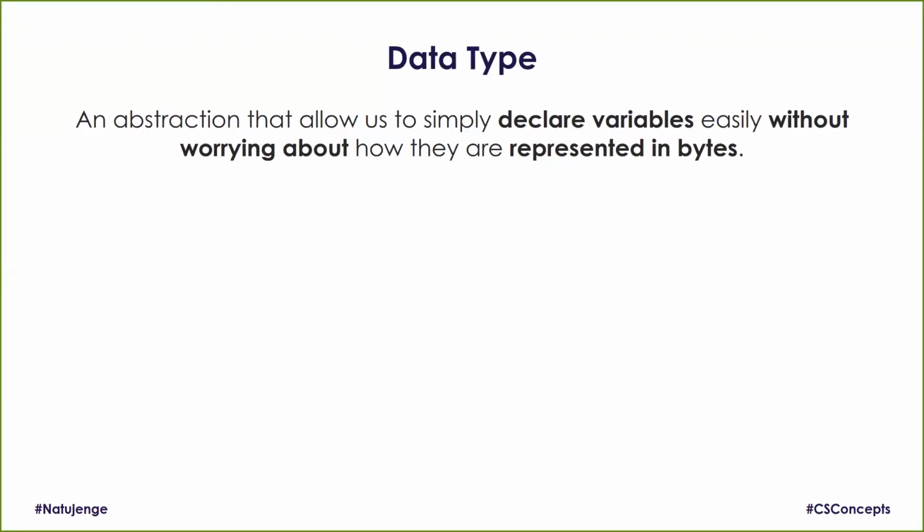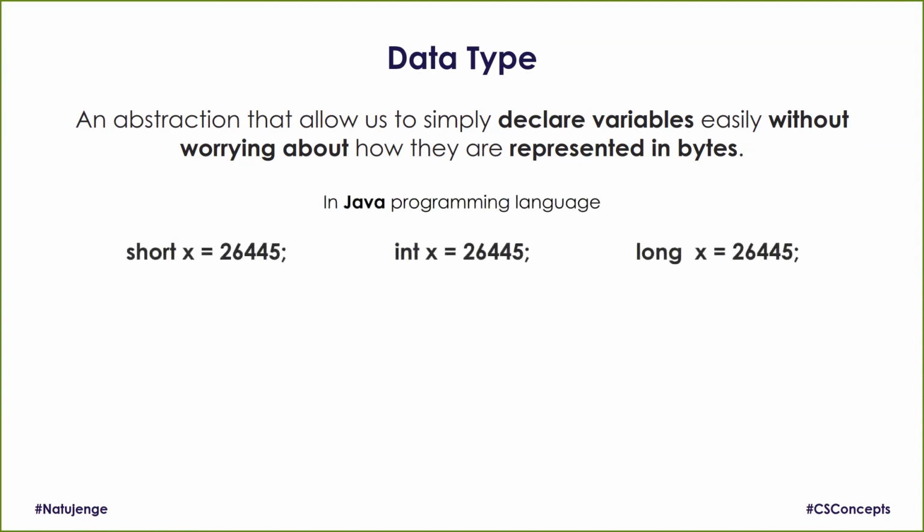A data type, in my own definition, is an abstraction, meaning that you don't have to worry about the details, that allows us to simply declare variables easily without worrying about how they are represented in bytes or bits in memory. So in the Java programming language, we have 3 data types that are highlighted: short, int, long, among others. And the short can store the value in 2 bytes, and